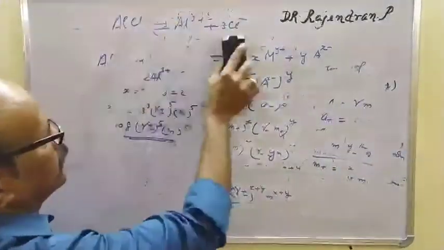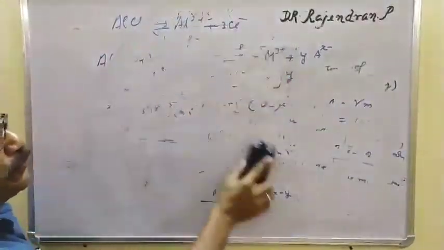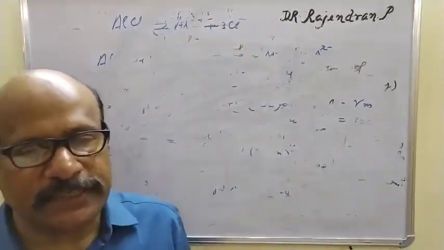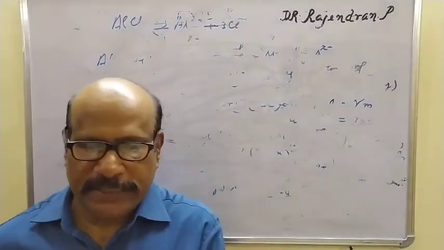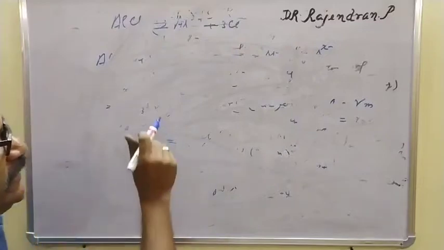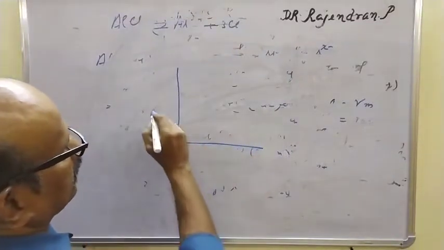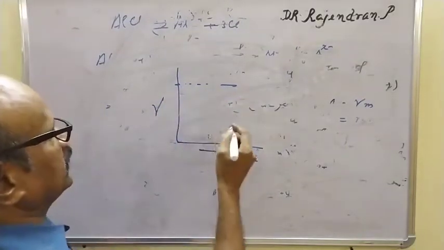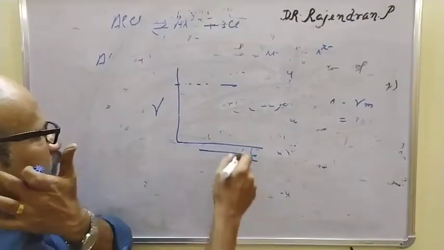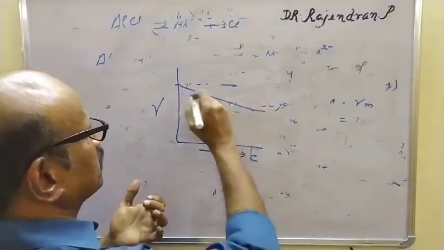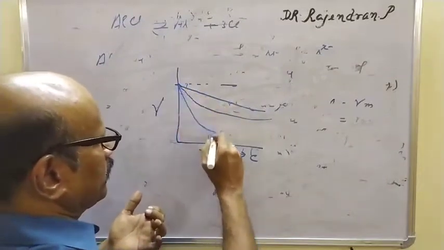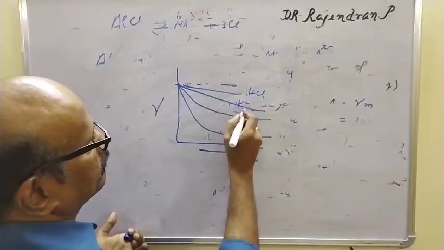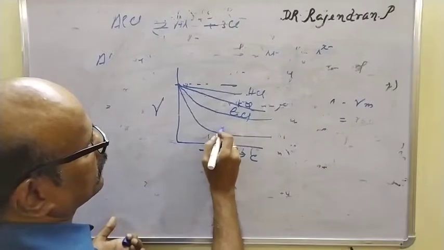So for the time being, I'm stopping. This is an addition, not compulsory. What I wish to say is about the activity and the activity coefficient. Suppose we plot gamma versus C; the ideal case is 1. It is not like this: as the concentration increases, the curve goes like this. This is for KCl, this is for HCl, this is for calcium chloride, this is for zinc sulfate.